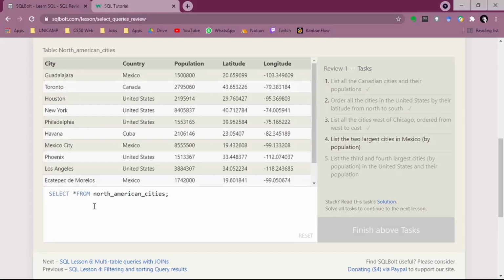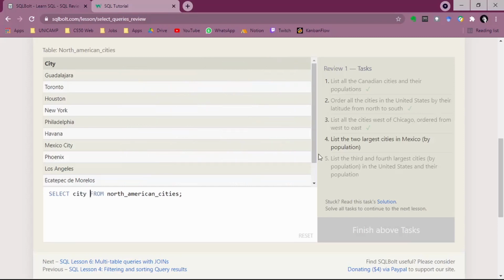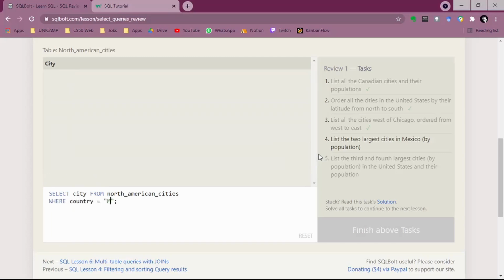Here we have our full table. So now list the two largest cities in Mexico by population. So how are we going to do this? We want to grab the two cities, so this is the column, okay, city, from North American cities, and what is the condition here? The cities of Mexico, right? So where, it's what? Country is equal to Mexico, okay,